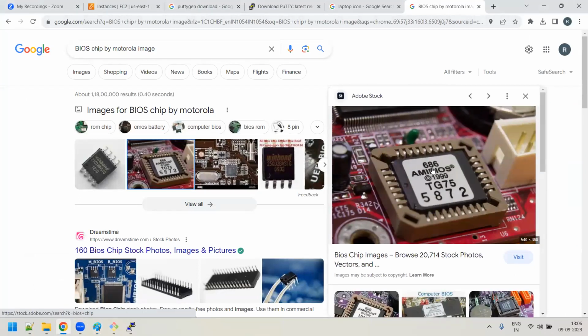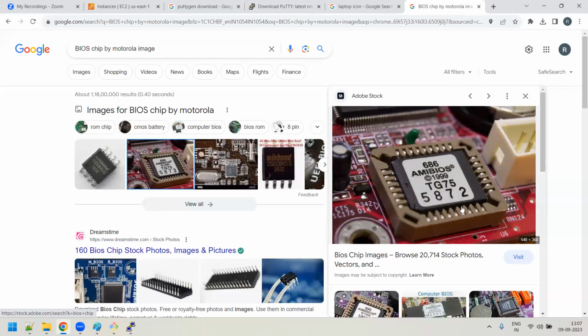This BIOS chip does an initial bootstrapping. As soon as you power on the system, this BIOS will get initialized. And this BIOS has a lot of pins, right? These pins are actually connected to your processor. So as soon as the BIOS is initialized, even your CPU is also initialized. And many other hardware devices connected in your motherboard, everything will get initialized.